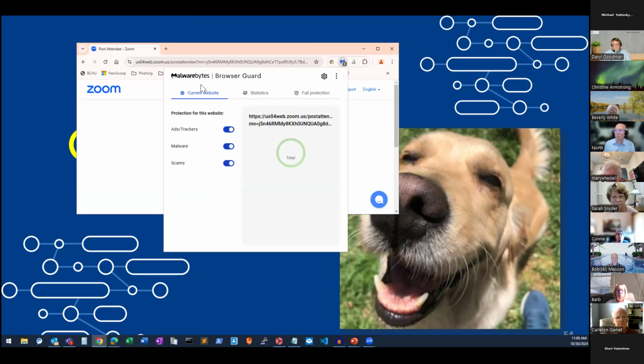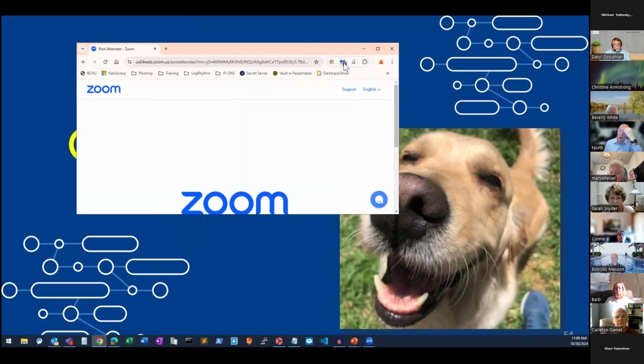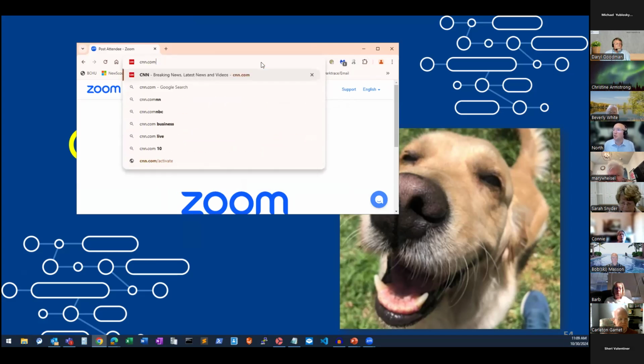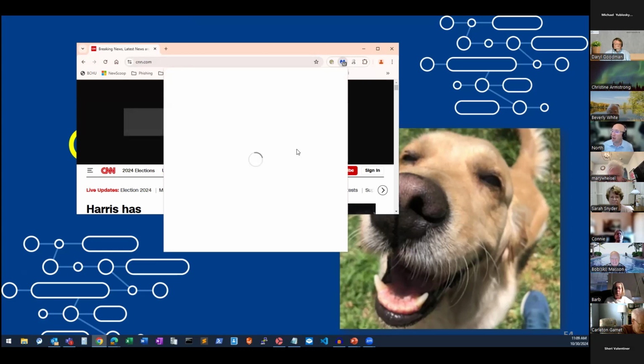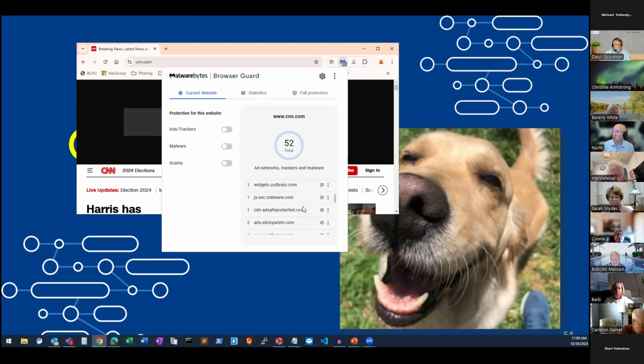So again, that's called Malwarebytes Browser Guard. And I am going to caution you that there's a number here. It just lets you know what type of data the website is tracking as you live on it. So I love this. I'll do CNN.com simply because this is a great example. Watch what happens to my Browser Guard tracker, because I'm blocking everything that goes through. Watch this number. It jumps from 3 to 54 to 47; the highest I've ever seen it is 140. So if I click on that, it's going to tell me every single thing that lives on CNN that is tracking, grabbing my data, and routing it.